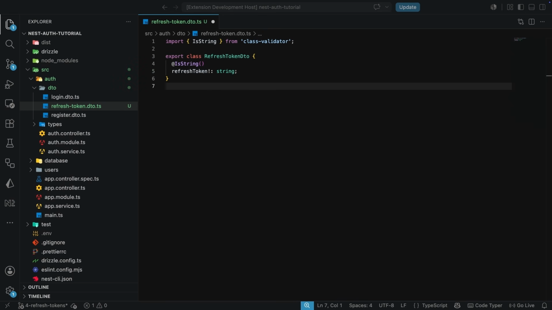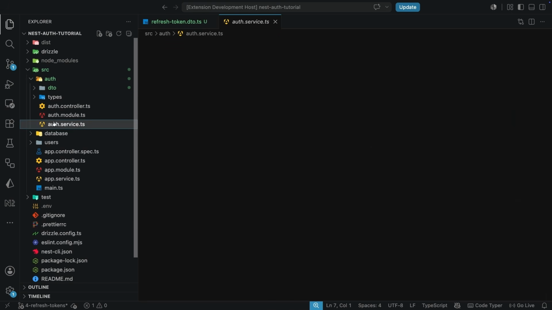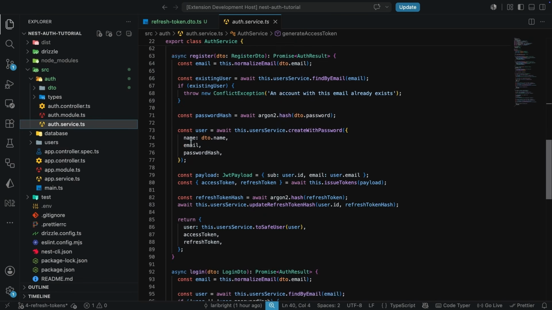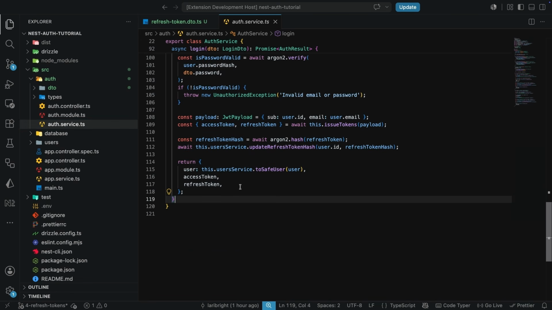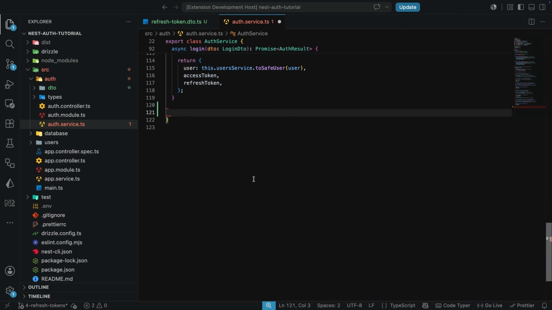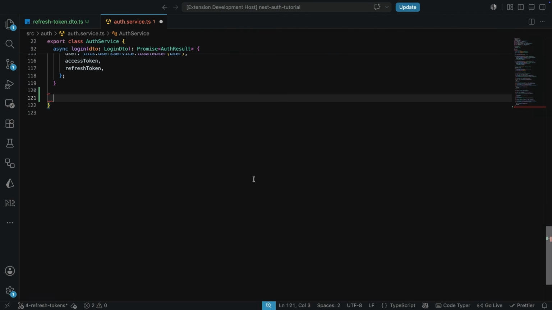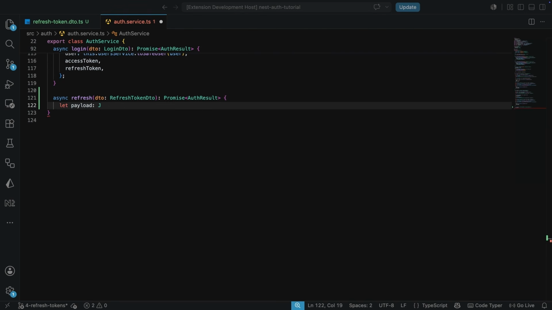Now we have the DTO, we're going to make use of this in the service where we can write the actual function or the method that will refresh the user token. Over here in the auth service, maybe we can scroll further down after the login method so that we can register a new refresh method. So here we're going to have this async refresh method. It's going to take in the DTO, so the RefreshTokenDto, and it's going to return the AuthResult promise. Let's have the let payload here, which is of type the JwtPayload, and in the try block,